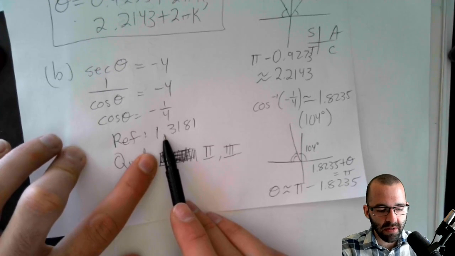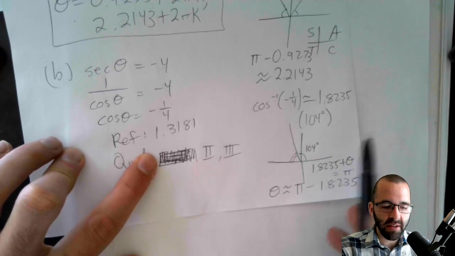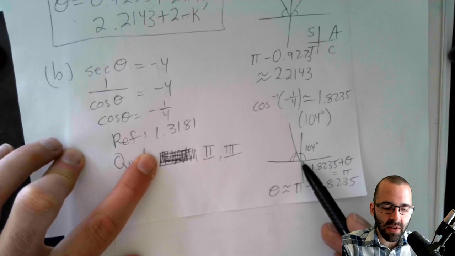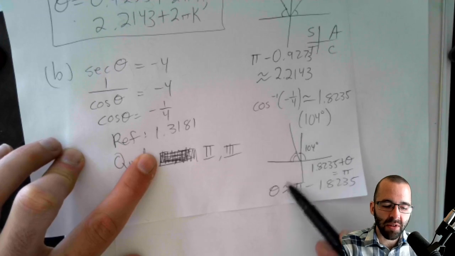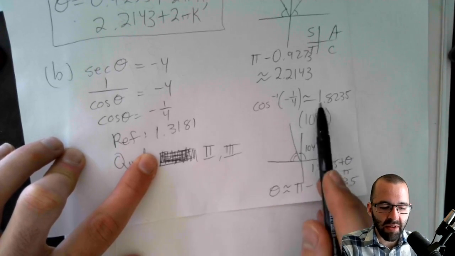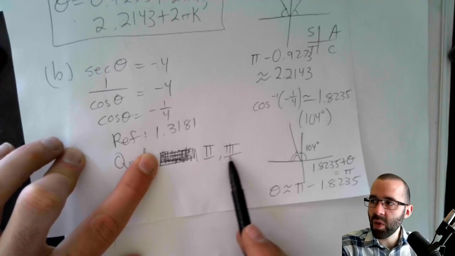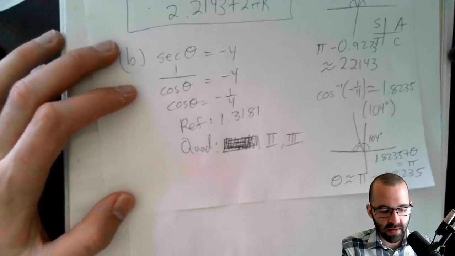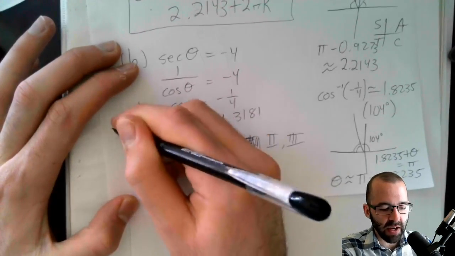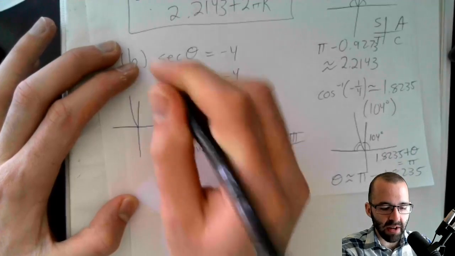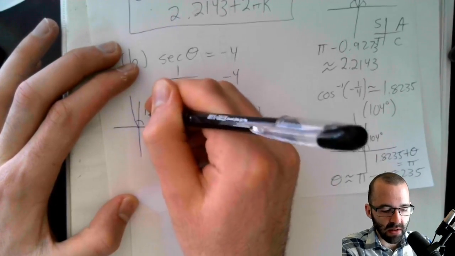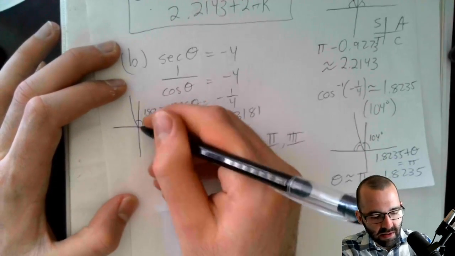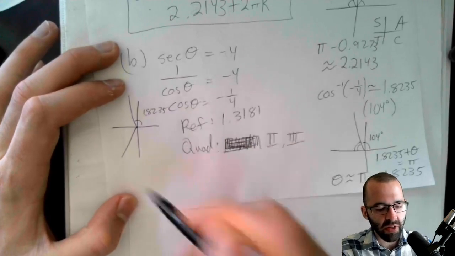Okay. So we have our reference angle. Now we need to find the angle in the second quadrant, which we already found. It was the 1.8235, and the angle in the third quadrant. Again, second quadrant, we found that up here. Third quadrant, we still need to find. And I'm running out of room here. So again, the two angles that we're looking for are this angle, which we already found. This right here is the 1.8235. We also need to find that same angle in the third quadrant,